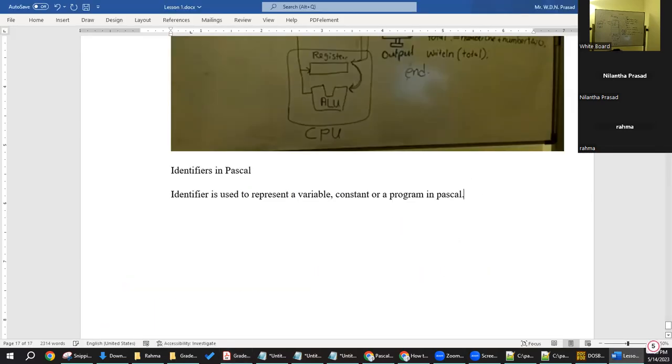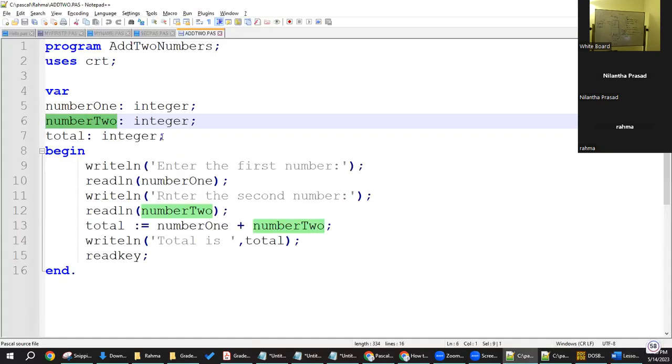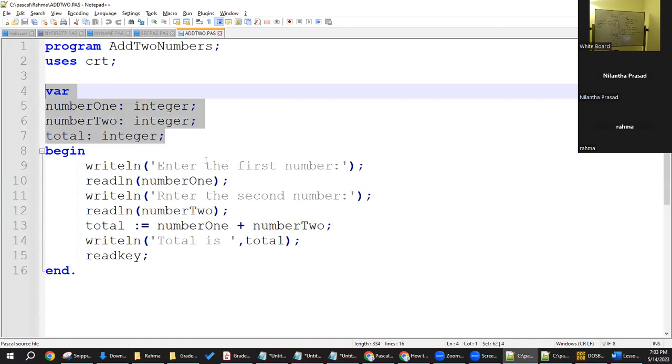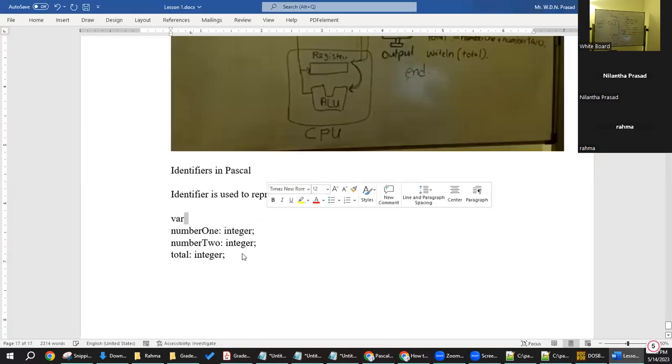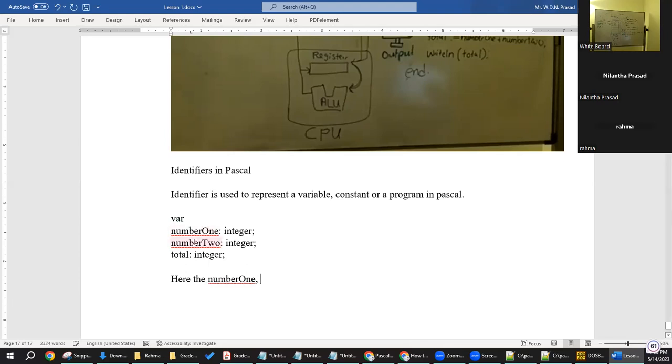Okay, so write this down. And examples are going to be this, and here the number 1, number 2, and total are